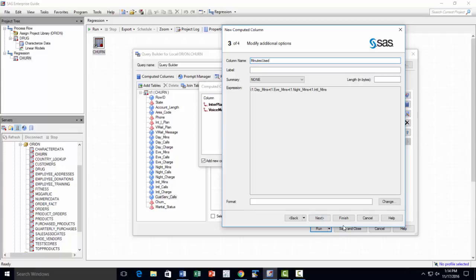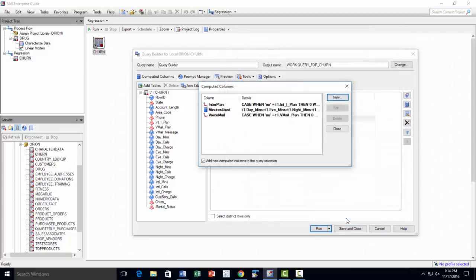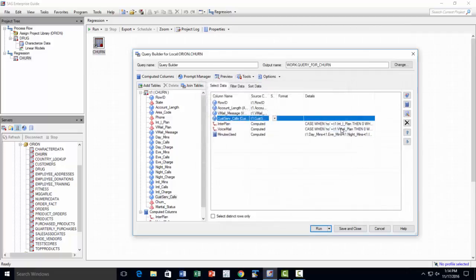Call it minutes used. Okay. So now we have those 3 variables, and there is one more thing that we have to do, which is